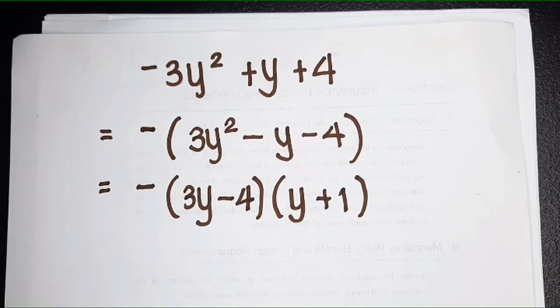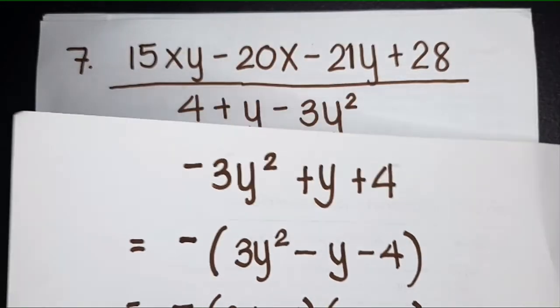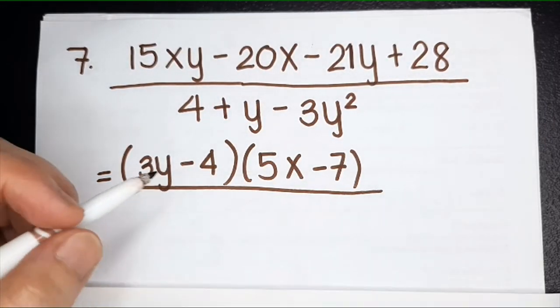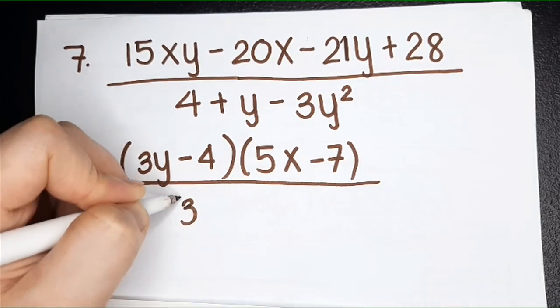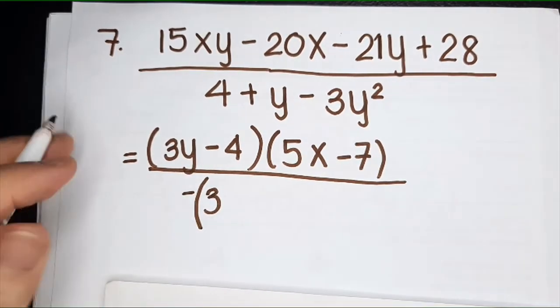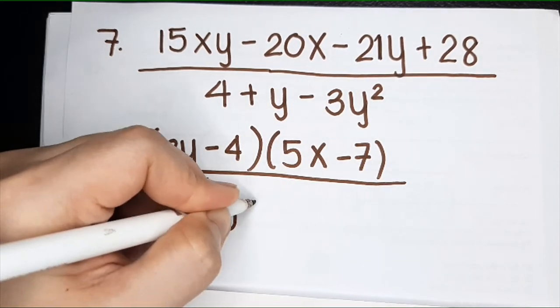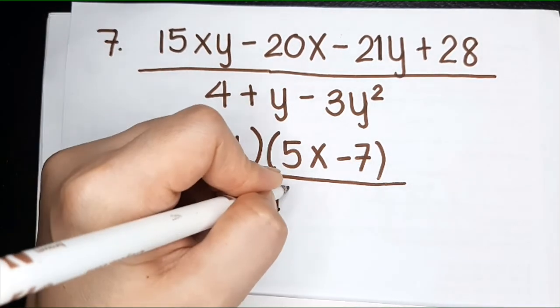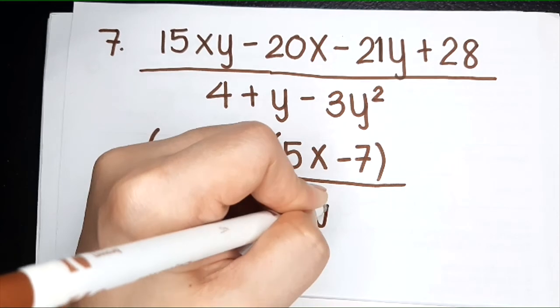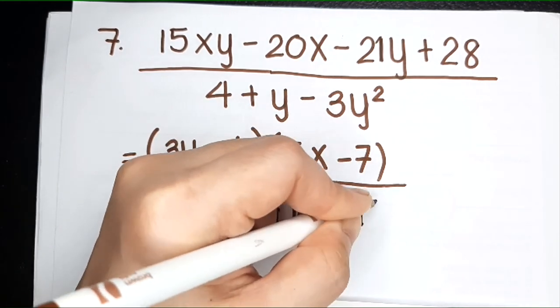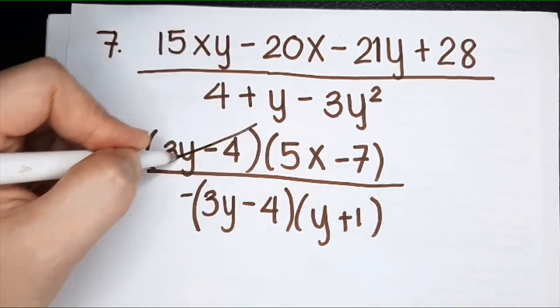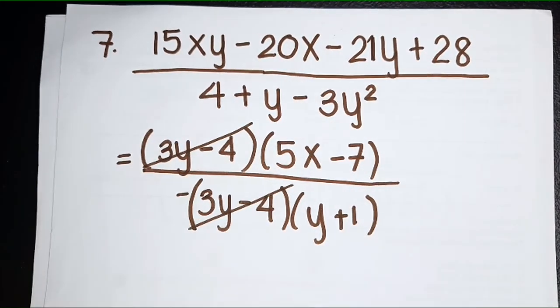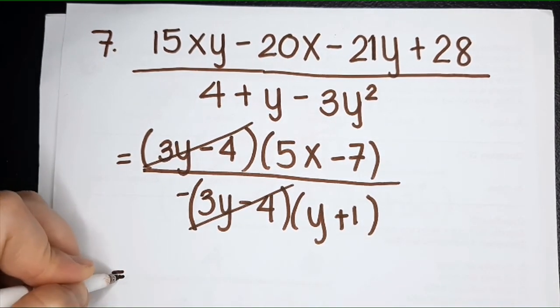Let us copy. Don't forget the negative sign. So, teacher will copy here. So, you have negative 3y minus 4 times y plus 1. And then this will cancel out. Okay? So your final answer is